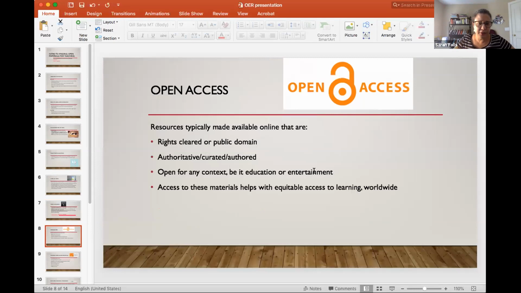So next, we have what's deemed as open access. So these are resources that are typically placed online with the rights that are cleared. There should be fairly strong statements about rights or content that's in the public domain. These kinds of projects are authoritative, they're curated, or they're authored. So this means that there is some sort of, again, team of